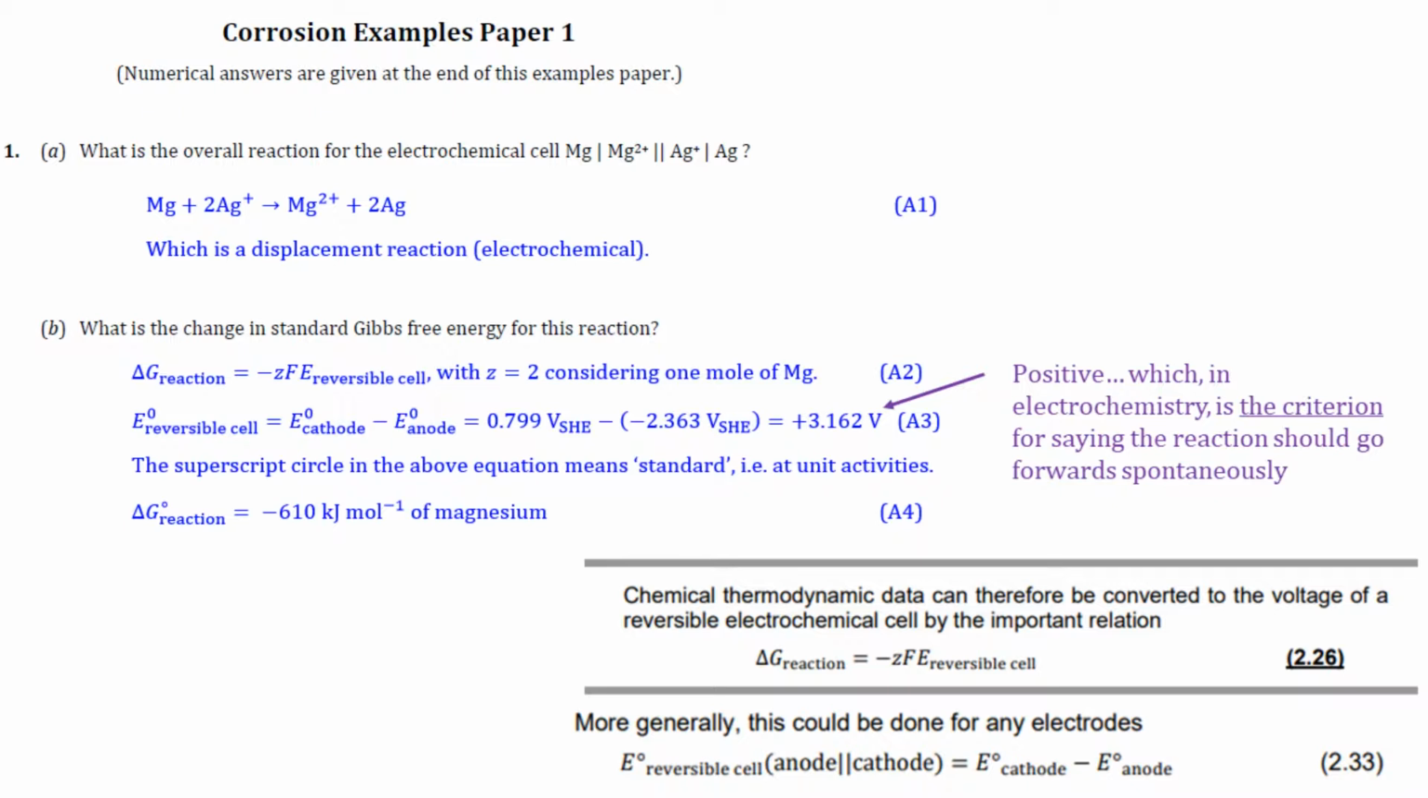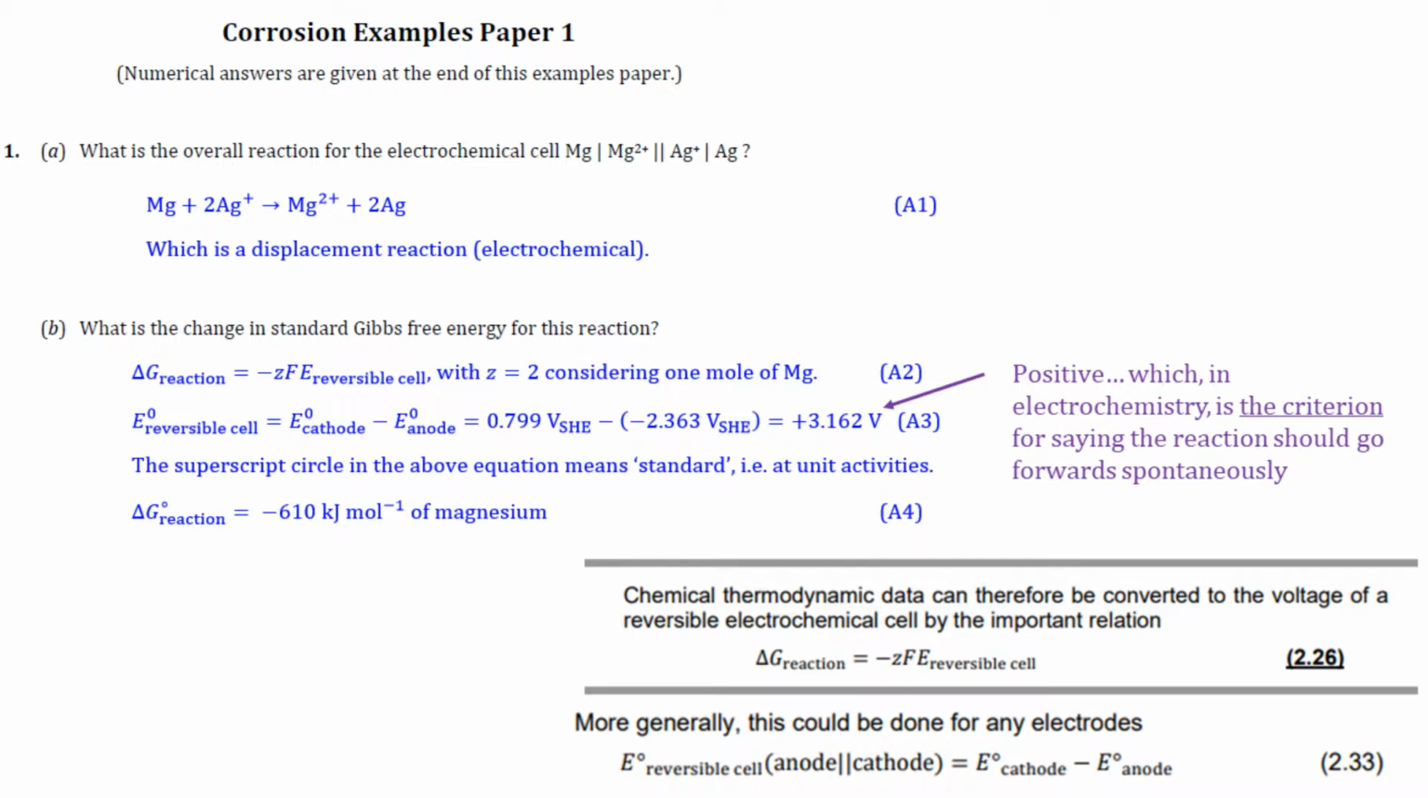Part B asks you to use the data on standard equilibrium potentials given in the question to get the standard Gibbs energy change of the reaction in equation A1. Standard means unit activity, which in the questions in my course is the same as just 1 molar or 1 mole per decimeter cubed concentration for ions. So what you do is you take the energy-voltage relation from equation 2.26 in lecture handout 1,